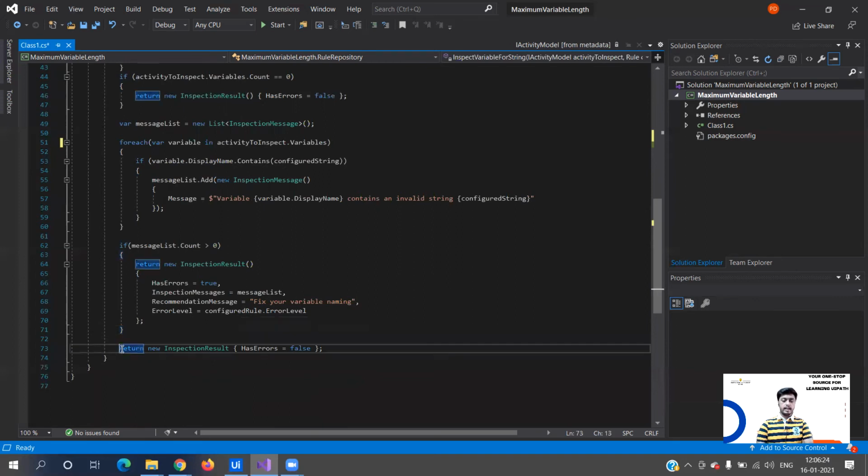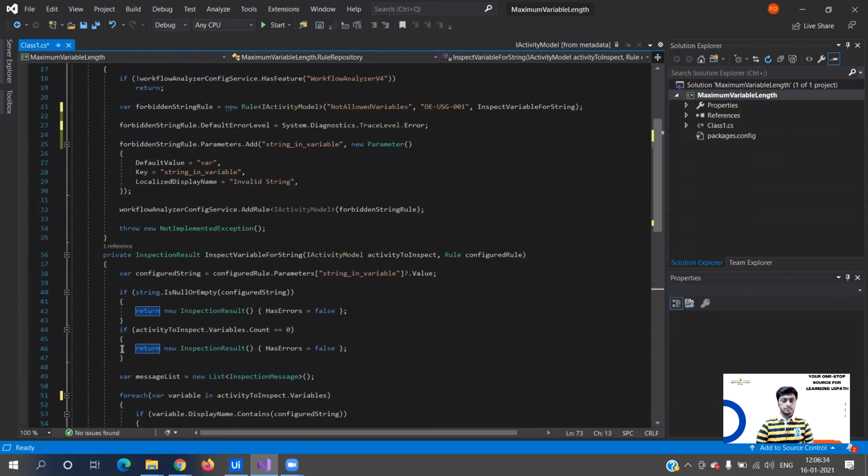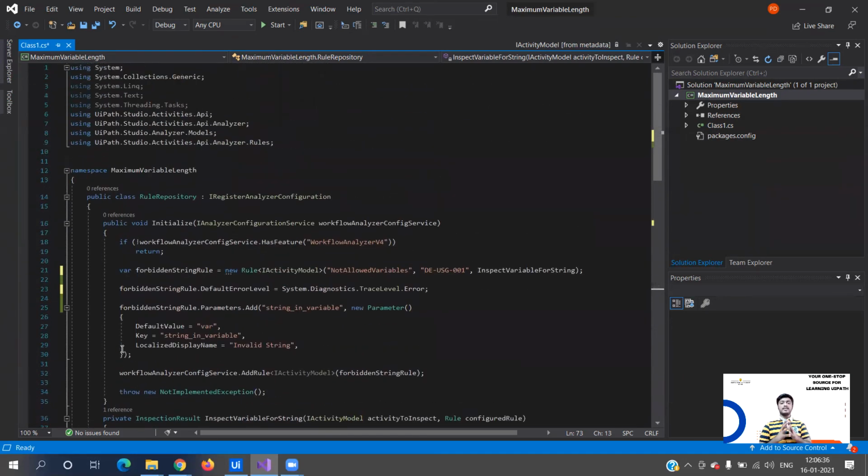And after that, at the end of the function, after returning this message, we are setting our has errors again to false. So once displayed, it should not get displayed again and again. So that is what we are doing over here. So this is the complete code. I think it was too much logic, but I tried to simplify it and explain it in a much simpler manner as much as I could. And yeah, this is the complete code.